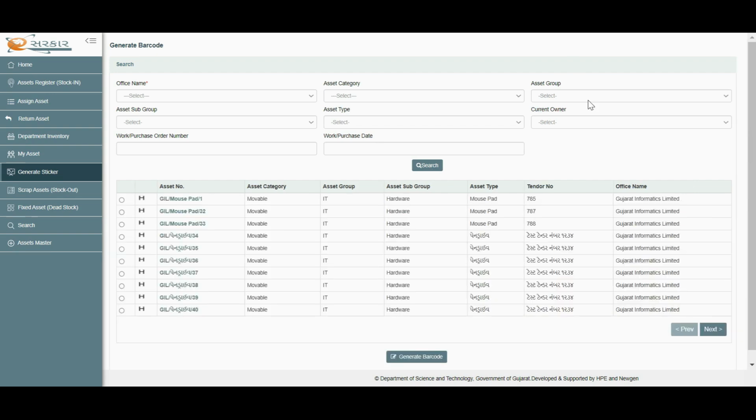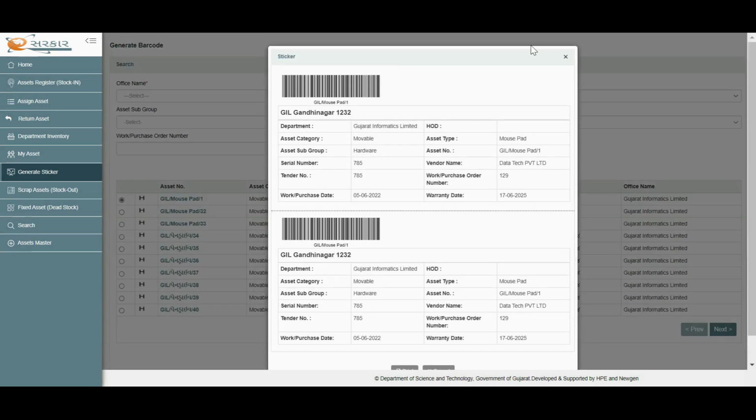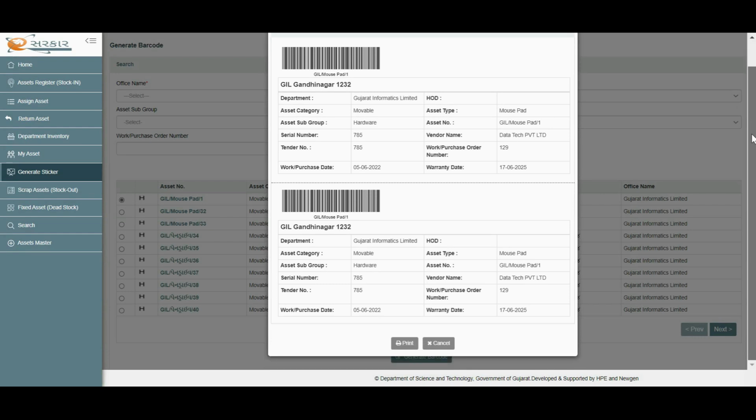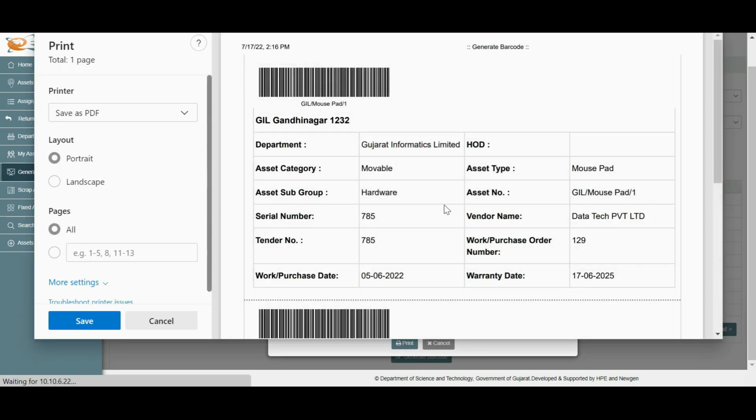Now user needs to select the asset from Radio button. Now user needs to click on the Generate Barcode button to generate the barcode for the asset. After clicking on the Generate Barcode button, user will get the barcode screen appear. User can also scan the barcode by barcode device, where barcode device can read the different types of asset information in the barcode details. User can also take the printout of the barcode details by clicking on the Print button available on the screen, or user click the Close button to close the current session.